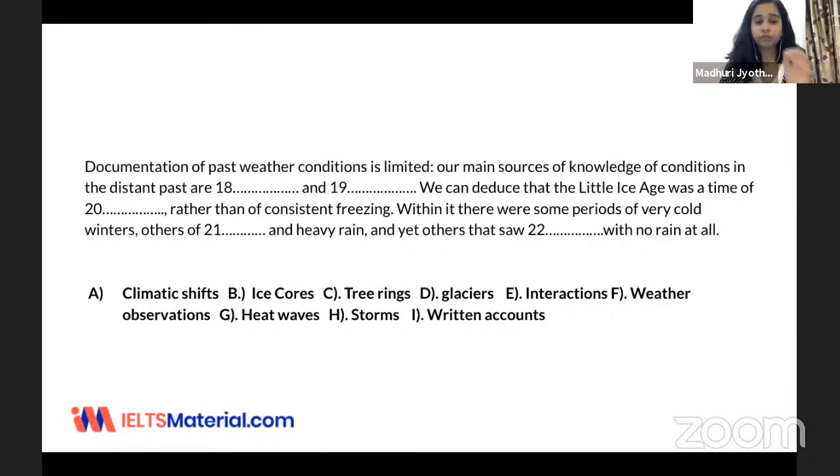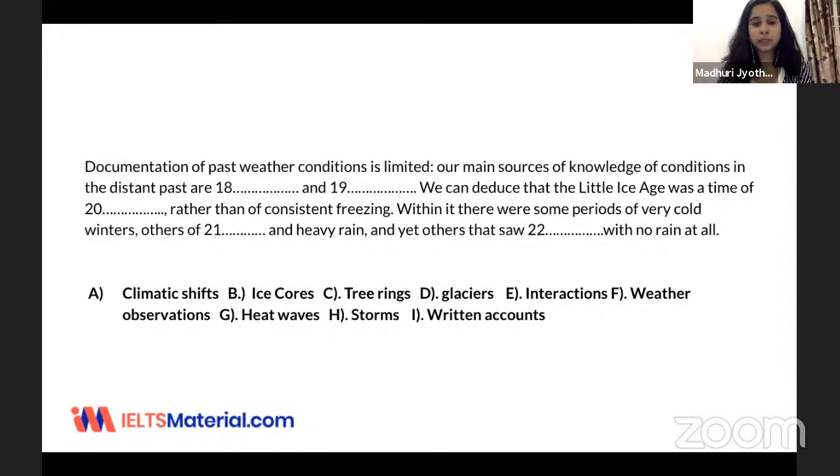Yeah. So at that time, for 18, your answer would be C, and 19 would be B. Okay. Now that you've understood how exactly to go about reading a summary,